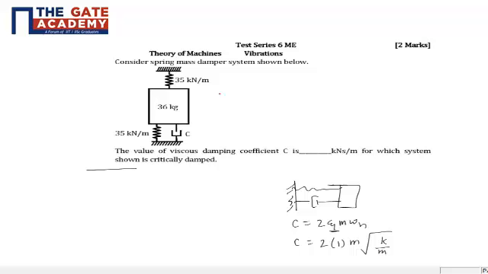Now in this case we need to convert the system, and that can happen only when the springs are in parallel. Now why do I say parallel? Well, if you deflect the mass to, let's say, the bottom, the force that is coming from the top spring will be upwards, and